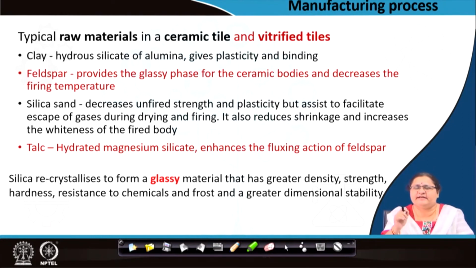So, the basic material, which is the clay or clay with other things, gives the vitrified tile. I am discussing vitrified tile together because the process of making is the same, only the ingredients are different. So, as you see, clay is the hydrous silicate of alumina, which gives plasticity and bonding,